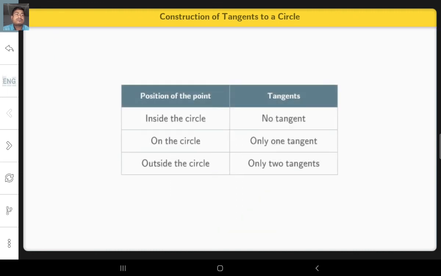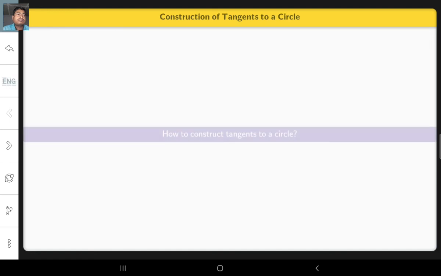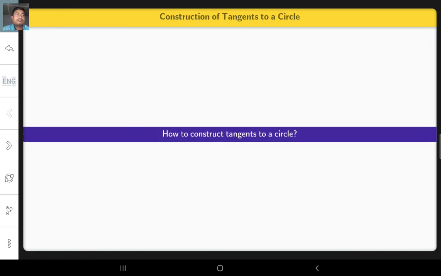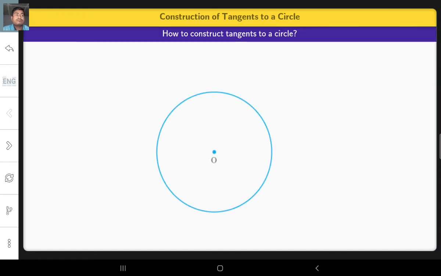There are three possibilities with regard to the number of tangents that can be drawn from a point depending on the position of the point. How to construct tangents to a circle? We know that there can be only one tangent through a point on a circle, called the point of contact. The tangent is always perpendicular to the line segment